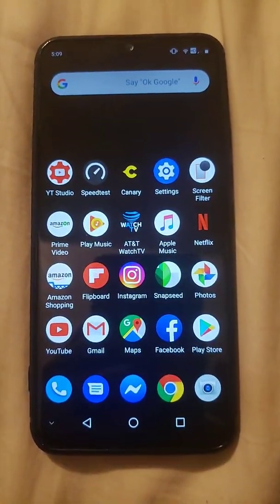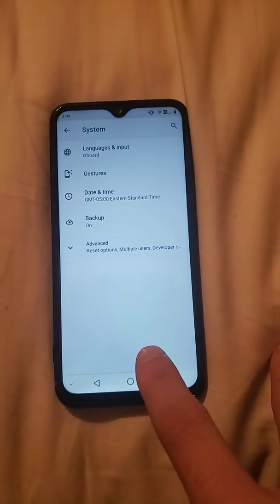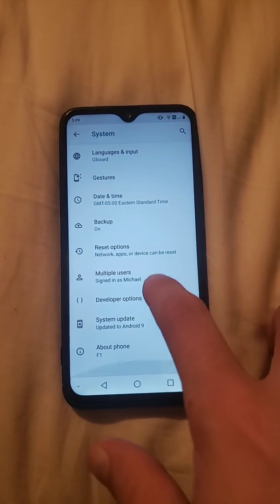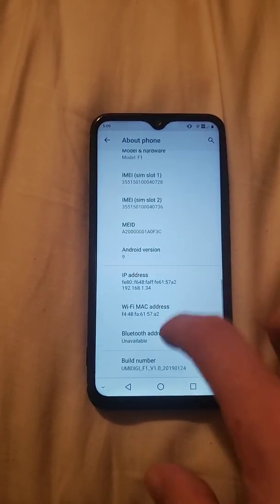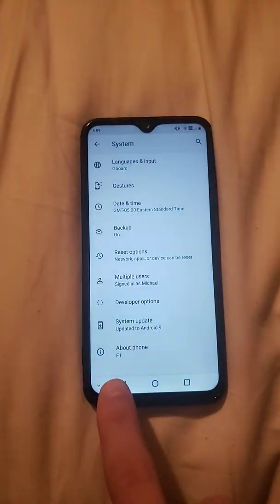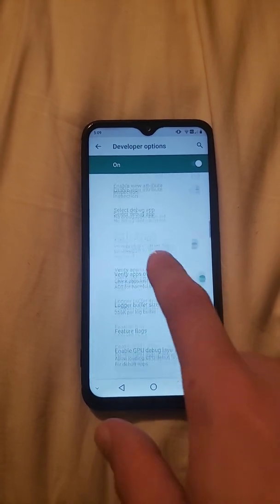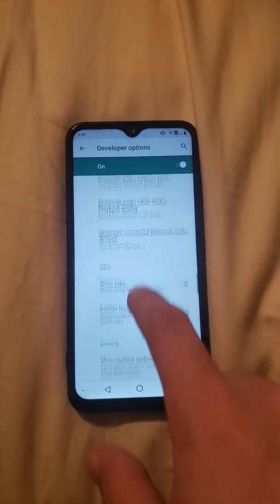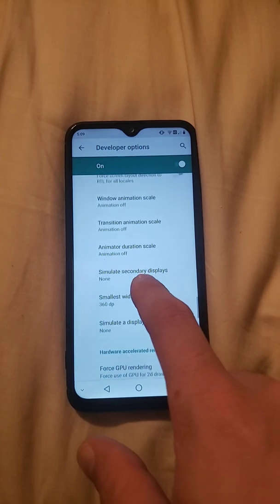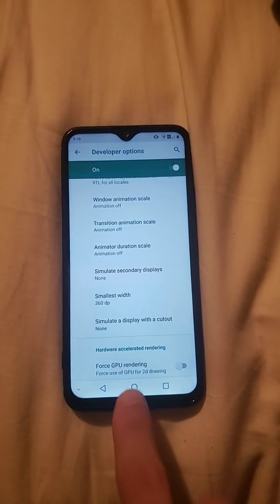Nice and quick. I went in and turned off the animations. If you go down to System, and About Phone, hit the build number about 7 times, and then it will say you have developer options turned on. Go into developer options, go down until you see transition animation scale, animator duration scale, and the window animation scale, and turn those off, and it makes everything much